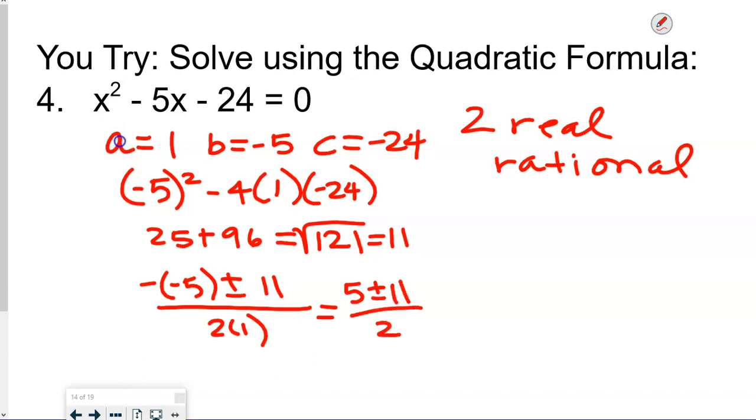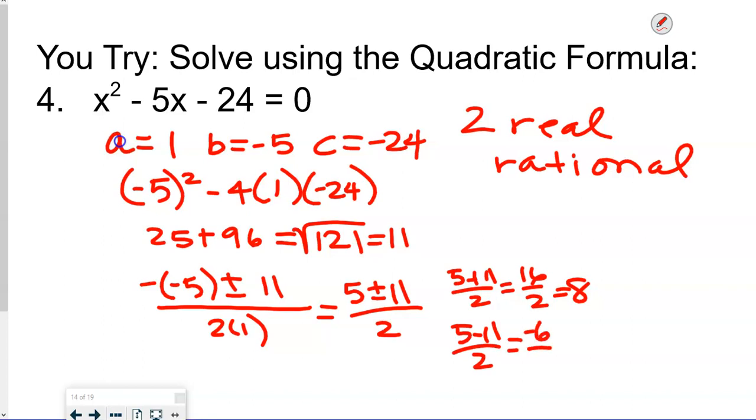So we're going to do 5 plus 11 over 2. That's 16 over 2, which is 8. 5 minus 11 over 2. That's going to be negative 6 over 2, which is negative 3. So hopefully these are working out for y'all. All right, so the last concept that we want to go over,